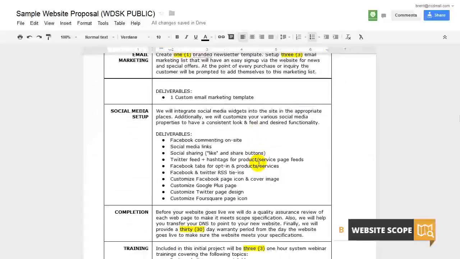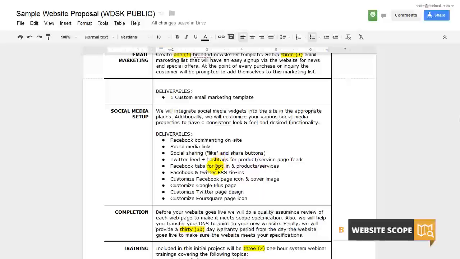The next section is social media. So as we start leaving the general website project, we're going to be thinking about how their website connects with all of the other online business ecosystem elements out there. So one of the things we want to do is make sure that their website has a solid social media integration without it being overkill, obviously. So we'll want to make sure that they have Facebook commenting on site if they feel like that. They want to have social media links, social sharing, like buttons, be able to have a Twitter feed area, maybe even show specific hashtag feeds, being able to add Facebook tabs to their Facebook page and maybe creating an opt-in